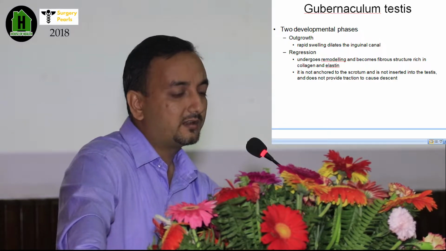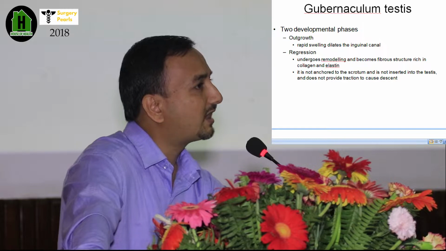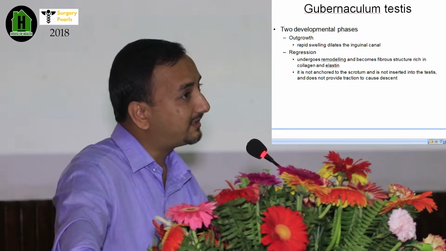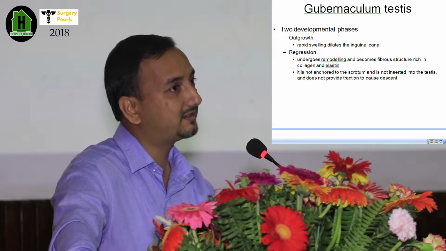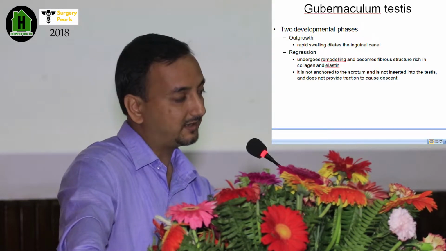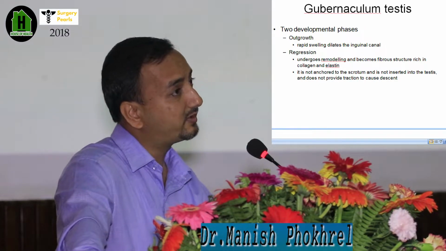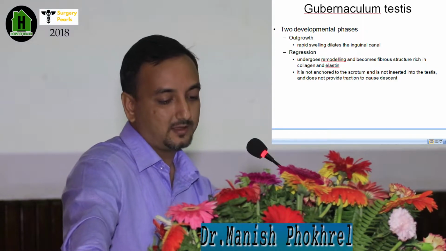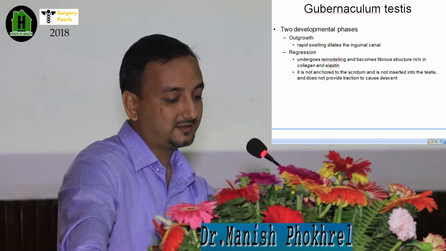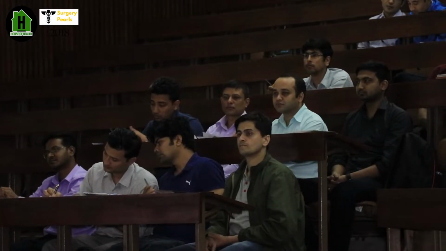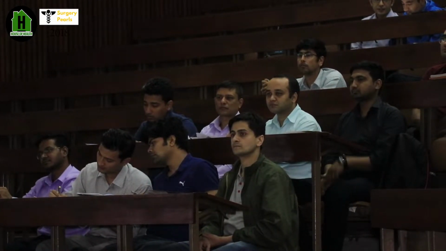There are 2 developmental phases of the gubernaculum testis. One is the outgrowth, in which there is rapid swelling of the gubernaculum, and that dilates the inguinal canal and makes it ready for the testicular descent. And the other phase is regression. In this phase, the gubernaculum undergoes remodeling, and then it becomes a fibrous structure that is rich in collagen and elastin. As I just said, it is not anchored to the scrotum, and it doesn't provide any traction